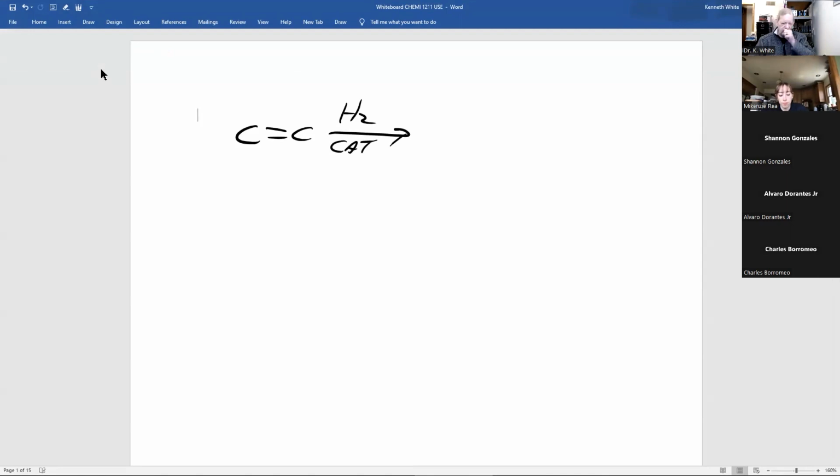Take a catalyst and hydrogen, react it with a double bond. A double bond has 1 pi bond, 1 sigma bond. You break the pi bond and you have a hydrocarbon if you start with an alkene. Well, last chapter,